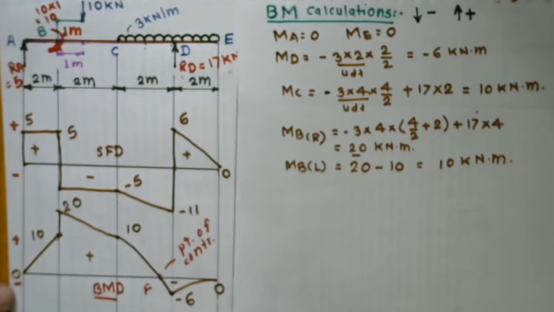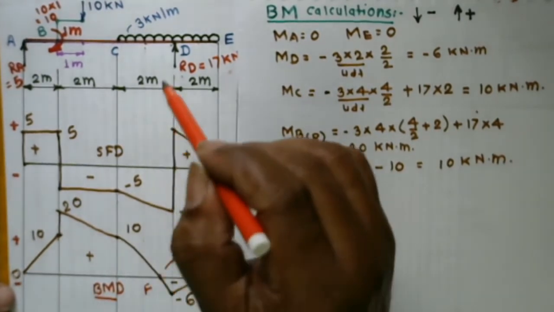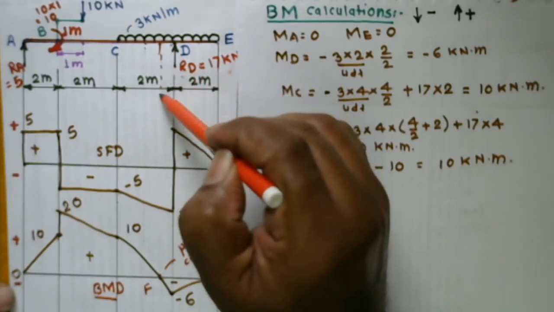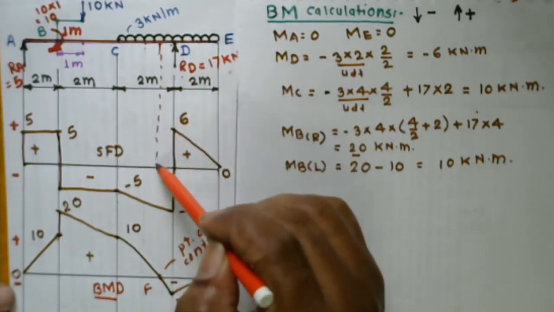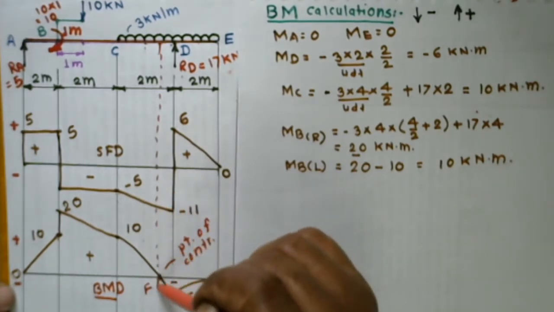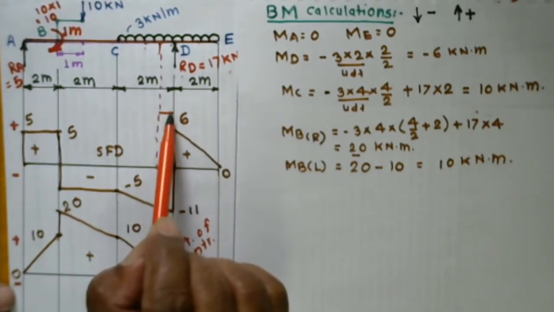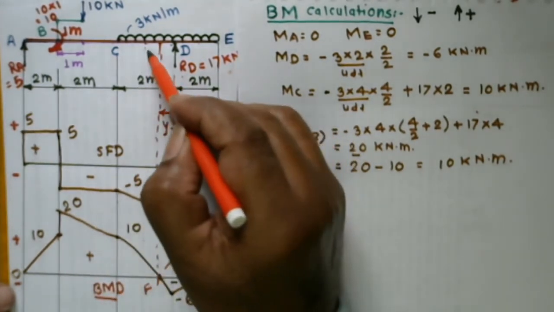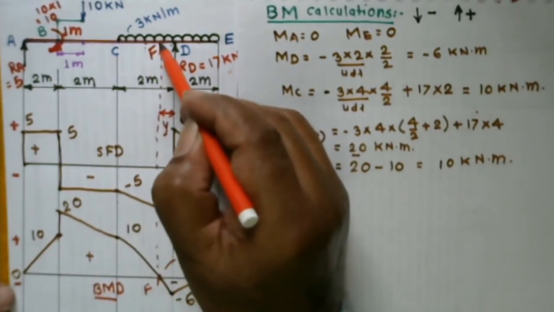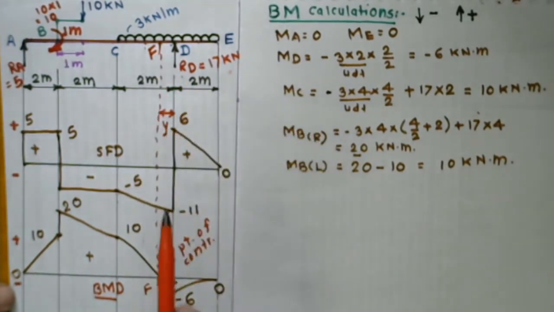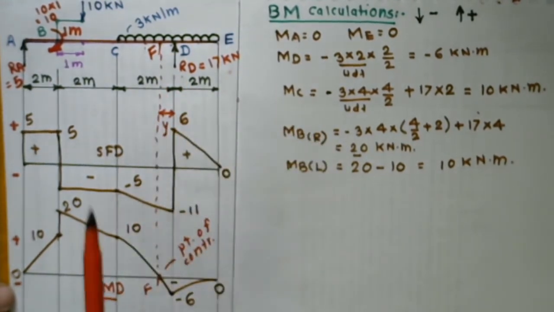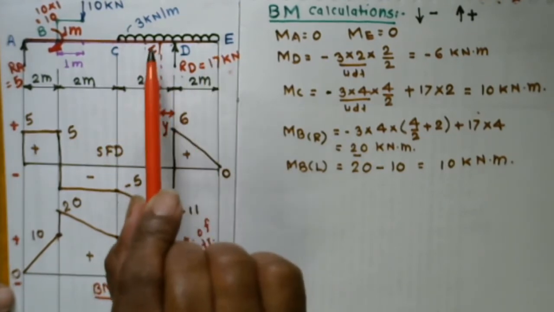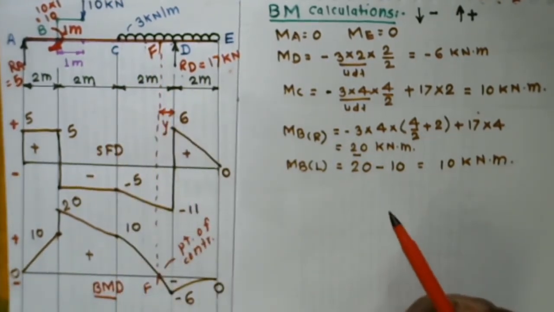and we have to calculate its location. So in that case, if we plot the location of that point of contrafracture here on the load diagram, we say that this distance is y, and here I am marking the point F. To find the distance y, we have to take moments about point F. In short, we have to consider the span EF only. Okay, so to find out the distance y,